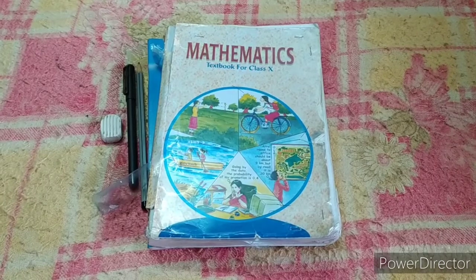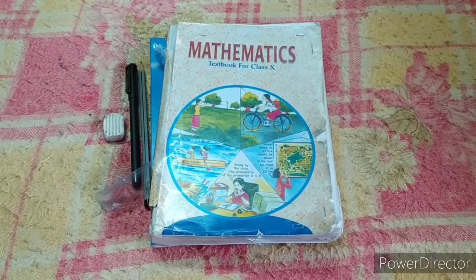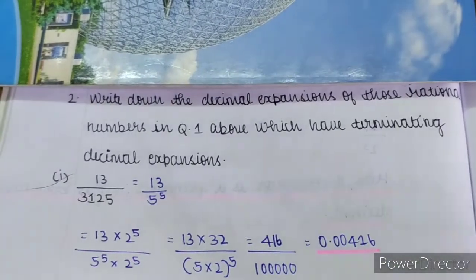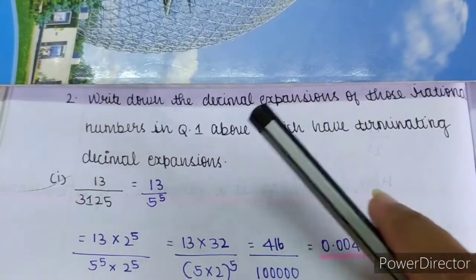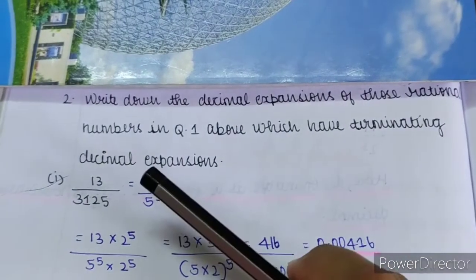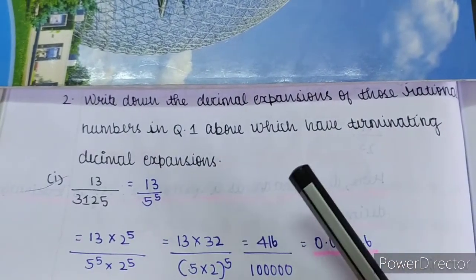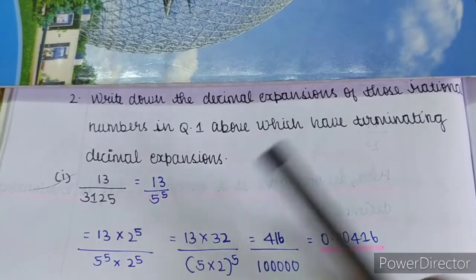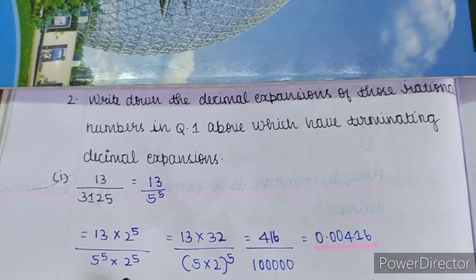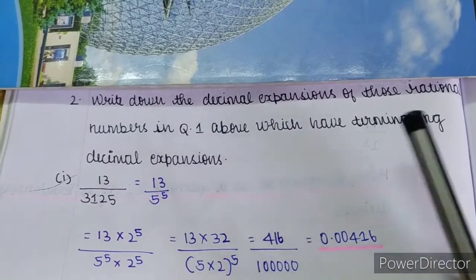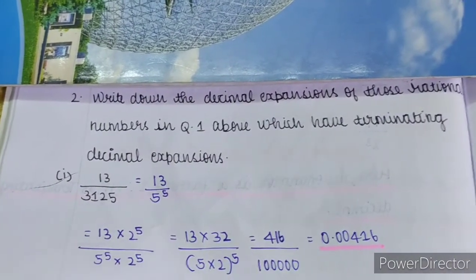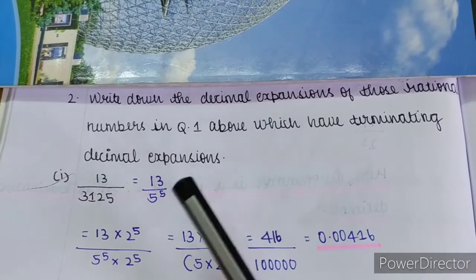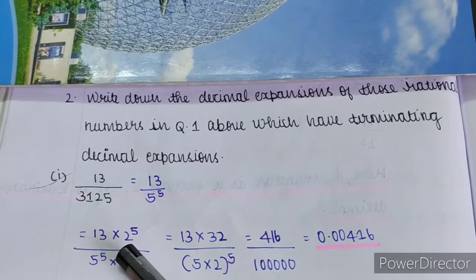Today we will continue solving the second question of exercise 1.4. So let's get started. The second question of exercise 1.4 is: write down the decimal expansions of those rational numbers in question number 1 above which have terminating decimal expansions. We need to write the decimal representation of the rational numbers in question number 1 which have terminating decimal expansions. So the first subdivision, 13 by 3125, has a terminating decimal expansion, which can